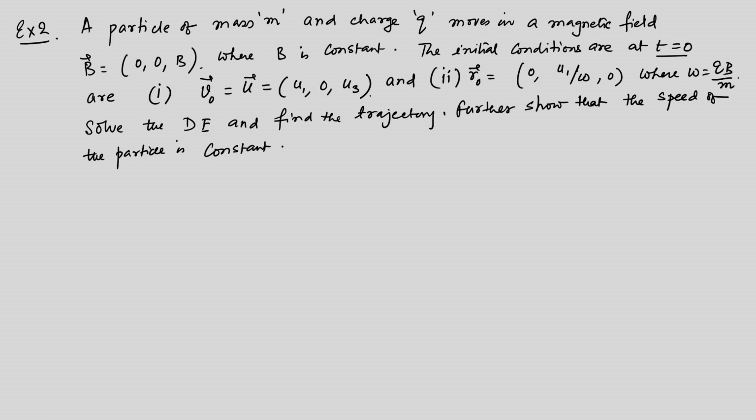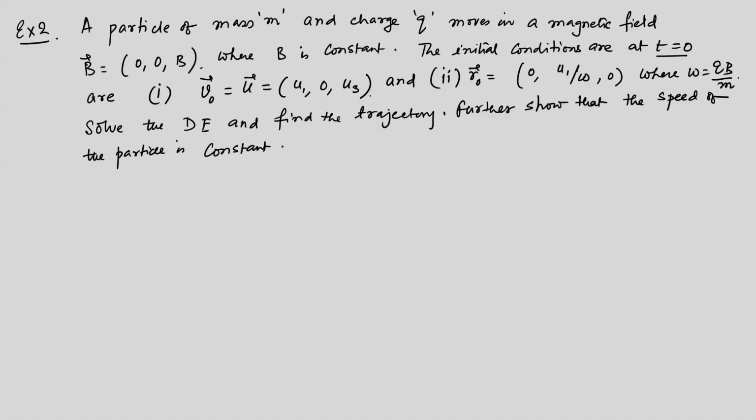Okay. So, this is clear. There is a charge q, mass m, moving into a constant magnetic field with some velocity. The magnetic field is only in the z direction. At t equal to 0, when the particle was released, there was a velocity in the x and in the z direction,